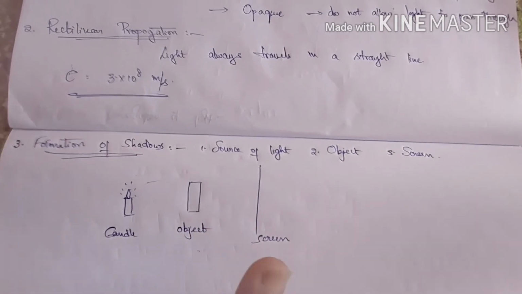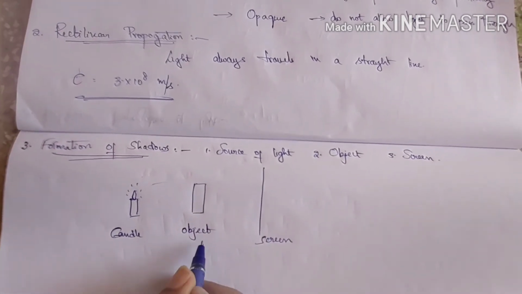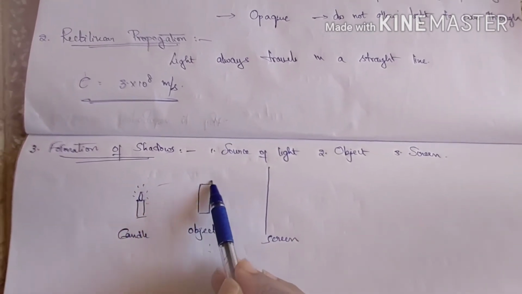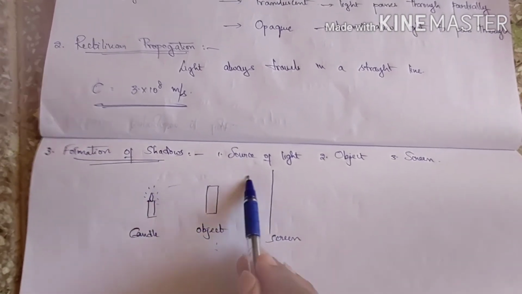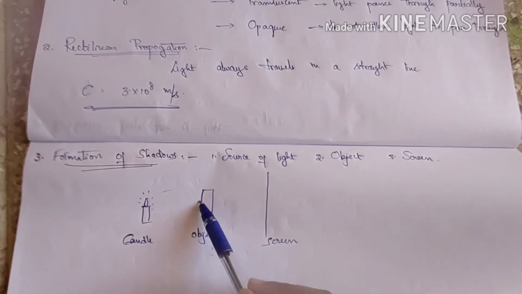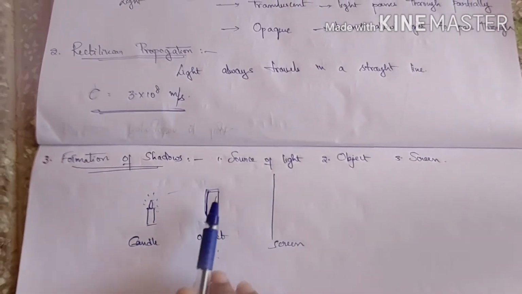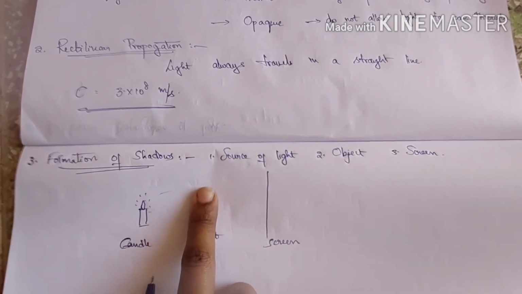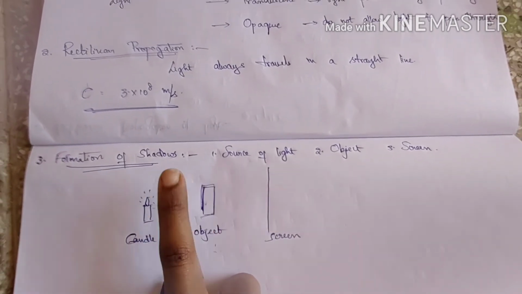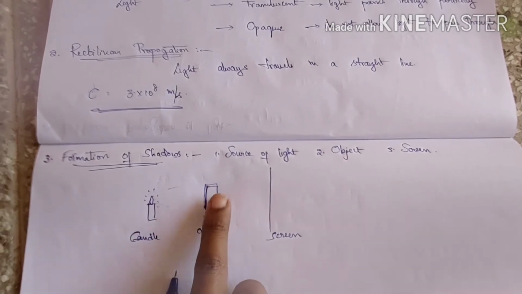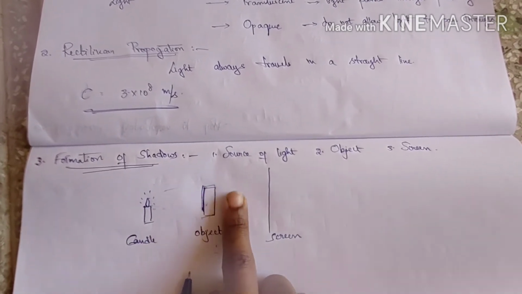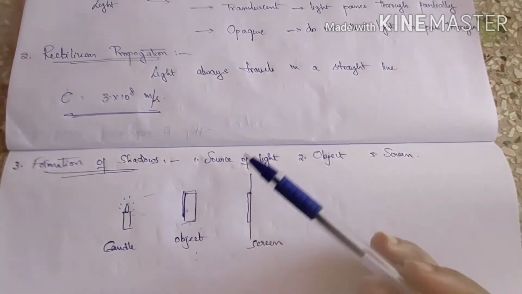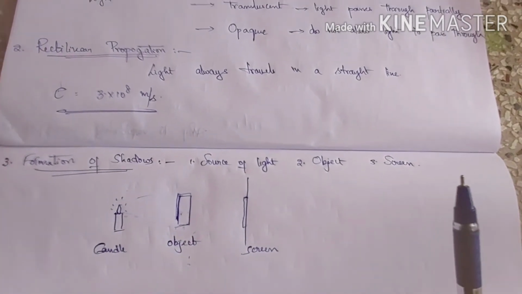So this object will start to reflect. That reflection of light will fall on the screen. Whatever light gets reflected here will fall this way. Whereas this part, since it is an opaque object, will block the light. So this part that is blocking the light will not let the light pass from here to here. So this object will be forming the shadow over here. So this is the formation of shadows.